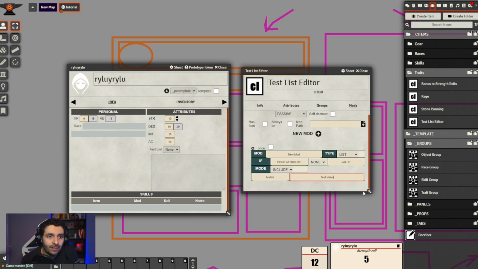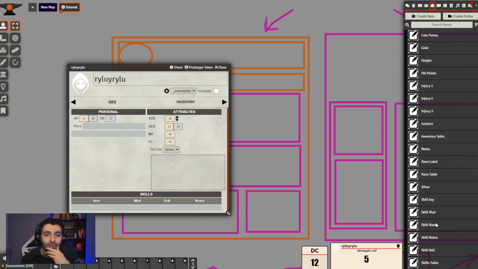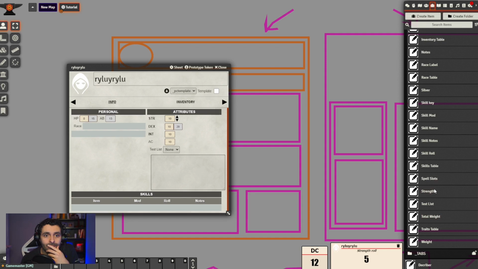Test value. No, let's add value A. Yeah, that looks cool. Okay, so let's test this. Okay, and there you have it. You see, right after I dragged it, we have the second value. Okay, now if I remove this item, it gets removed. What if instead of that, let me add an extra value to the test list,